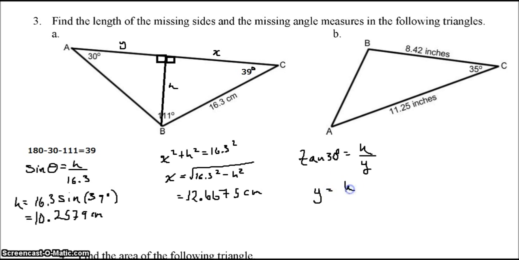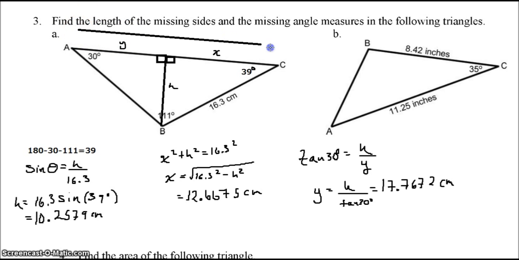So y equals h divided by tangent 30, and h is 10.2579. So y is 17.762 centimeters. That means that we can now find this length all the way across, the AC,